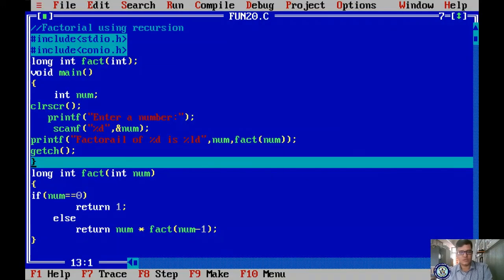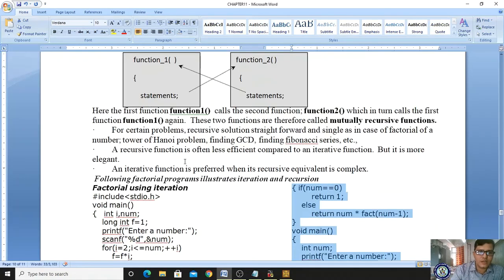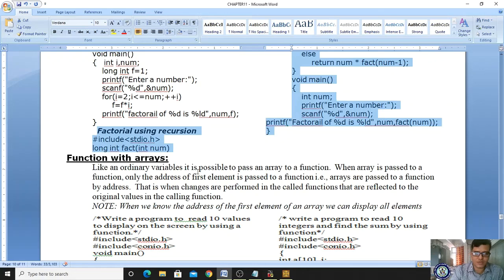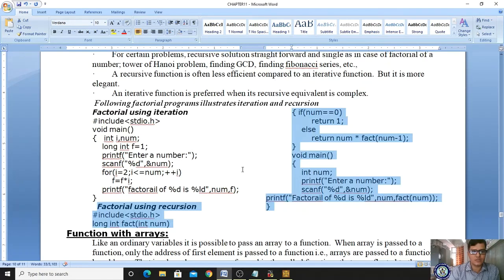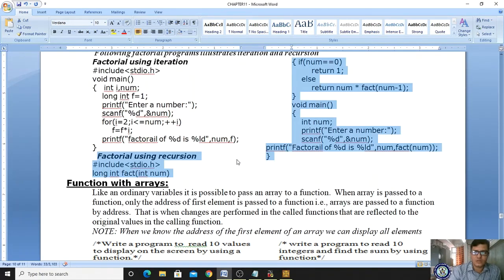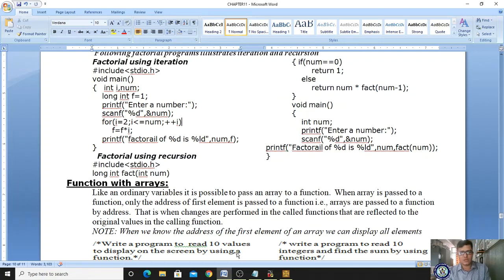Okay, yes. So that's about the difference between iteration and recursion. Hope you understand this concept. We will meet in another class, and the next topic is also very important. So we will meet in another class and see this topic. Okay, see you in the